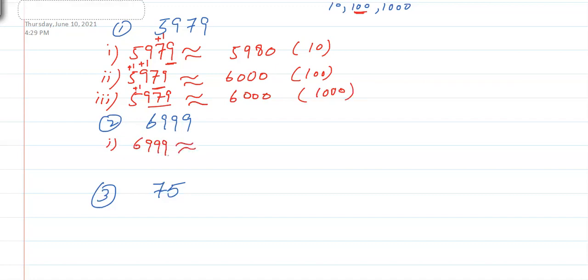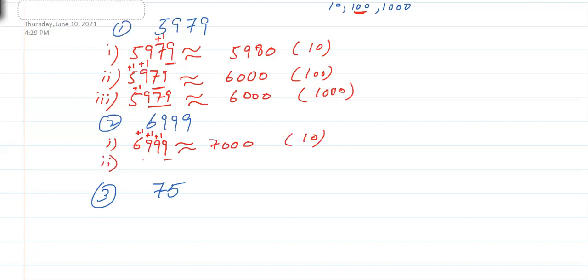Okay, for the second question, part 1, to the nearest 10, I'll write 6999. What will it become? Just 0. So it will add 1. 9 plus 1 will be 10. 0, it will add 1 to this one. 9 plus 1, 10. Can't write 10, so 0, add 1 to this one. So it will be 7000. It's to the nearest 10.